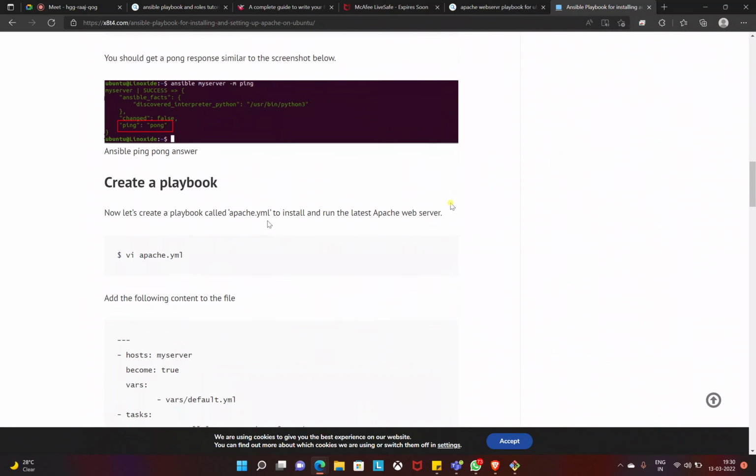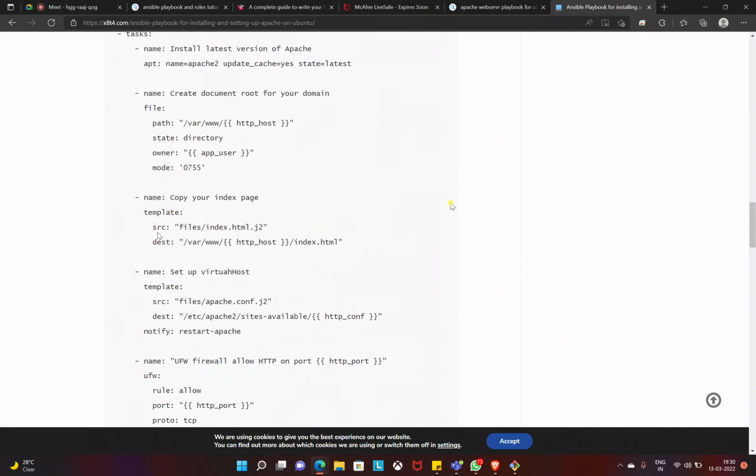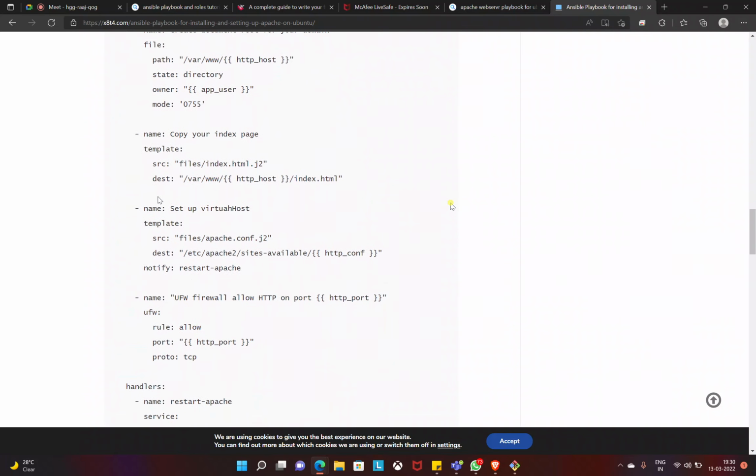Okay, so now we are going to use this. Rather, I don't know why it is not allowing copy module. Okay, anyhow,